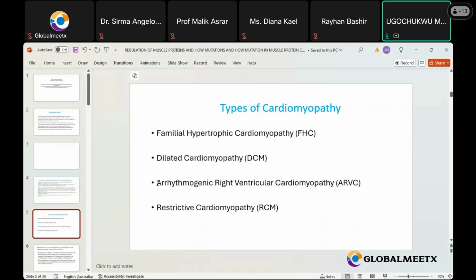Types of cardiomyopathy. There are 4 known types of cardiomyopathy. Familial hypertrophic cardiomyopathy. Based on phenotypic and clinical examination of the affected individuals, familial